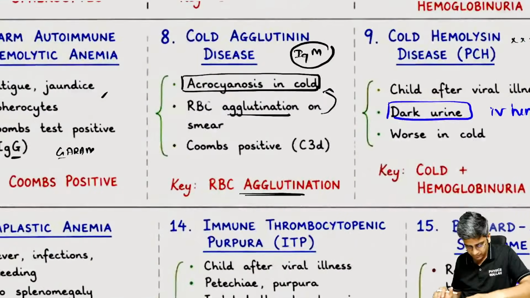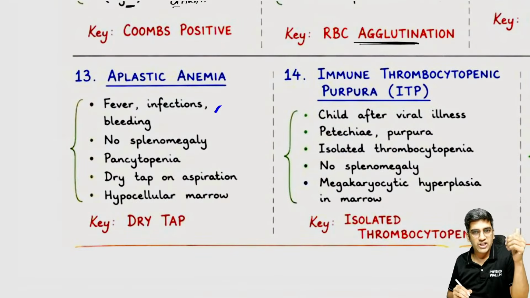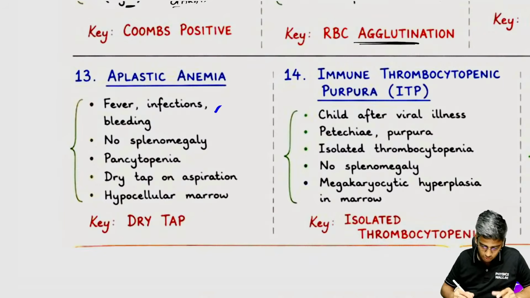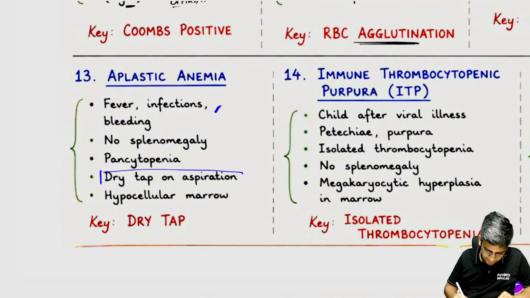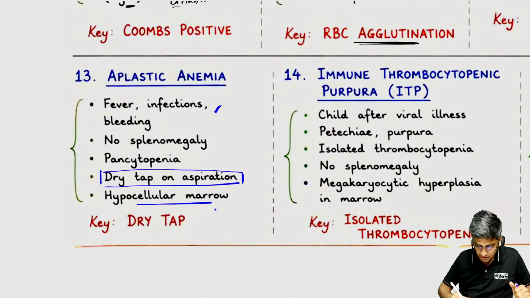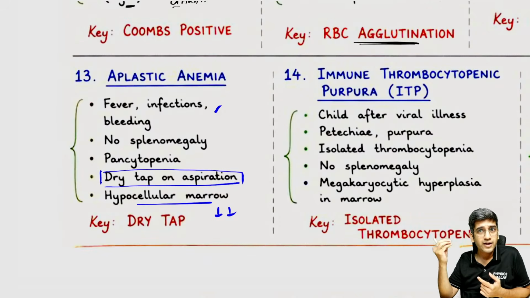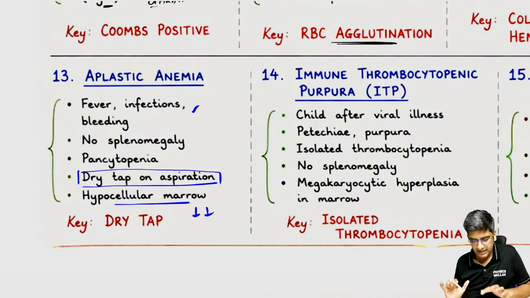right? Perfect. Now, aplastic anemia. Any feature suggestive of pancytopenia. And the most important is dry tap. On aspiration, I have a dry tap and I have a hypocellular bone marrow, which means the bone marrow is filled with what? Fill in the blank. What will the bone marrow be filled with in case of an aplastic anemia? Anyone? It will be replaced by a useless tissue which will look a lot clear in the microscopy. That's fat. Diagnostic of an aplastic anemia, right?